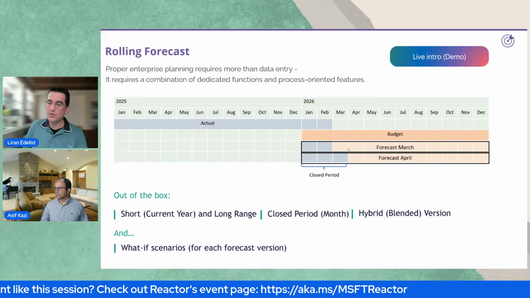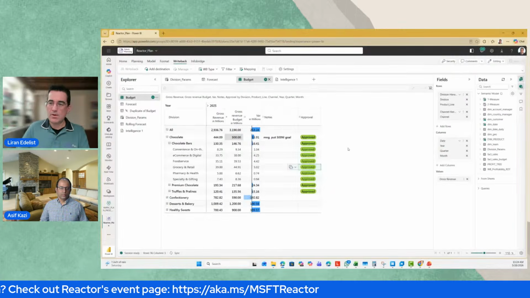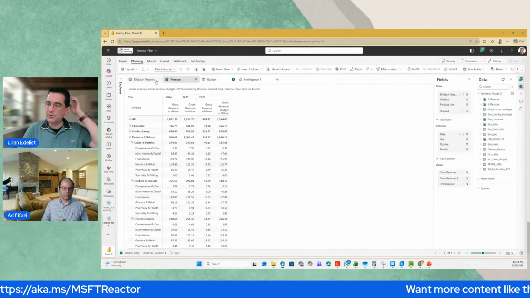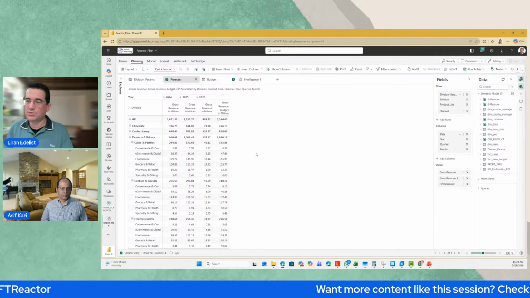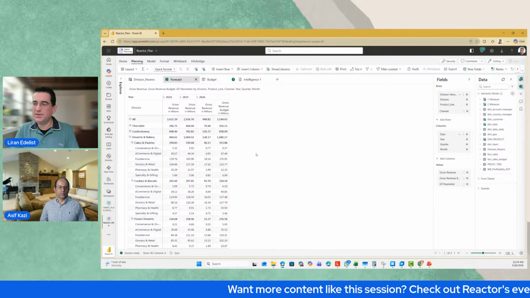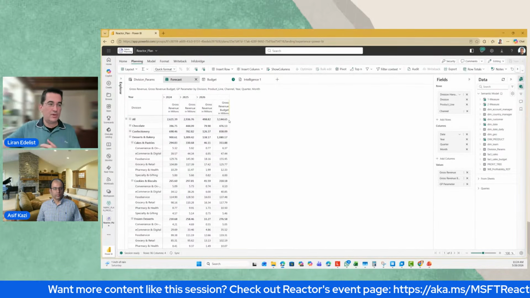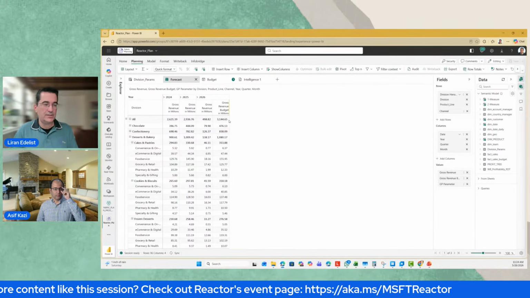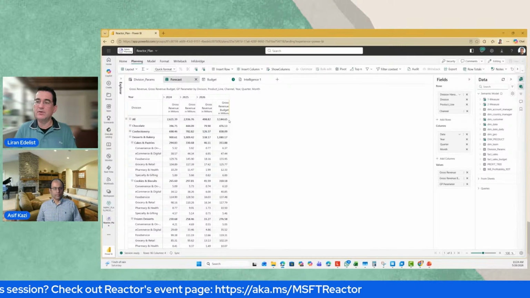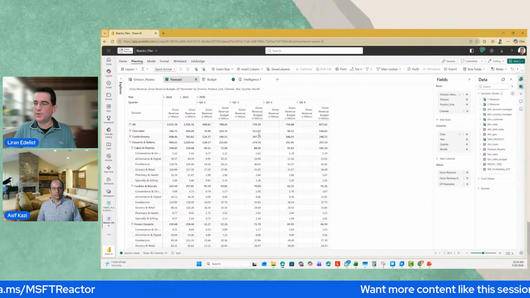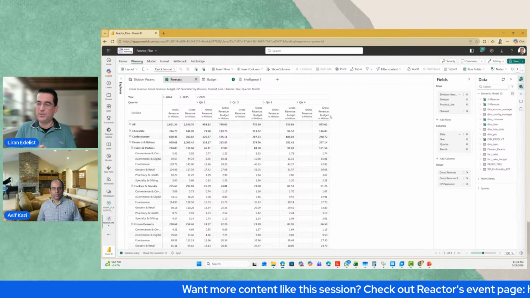So let me go here into another forecast screen that I just created. What I preset here is my gross revenue budget. After the writeback, I'm recollecting the data back to my semantic layer, and I have my budget, and my budget is going for 12 months. Let's open the 2026 information. So you can see that I have for each and every quarter the budget that we prepared earlier.